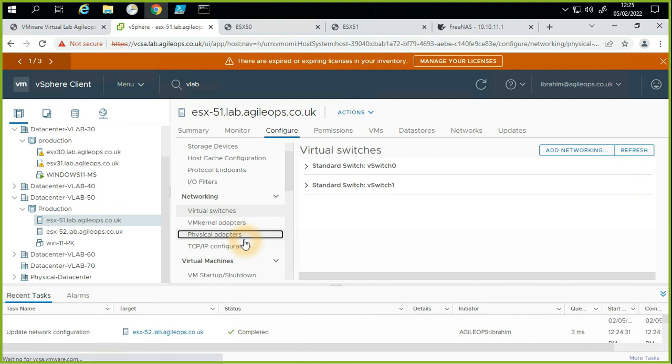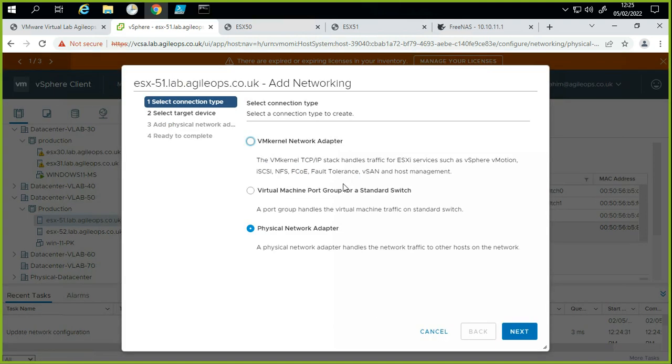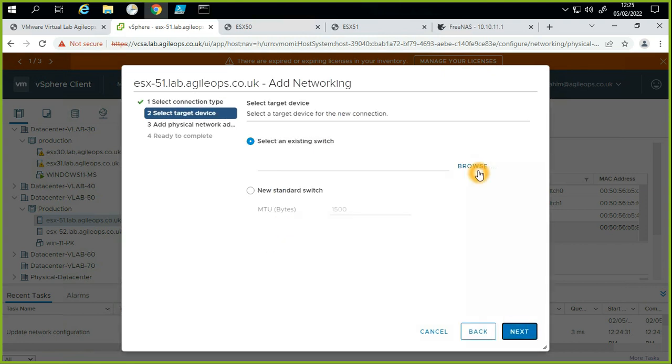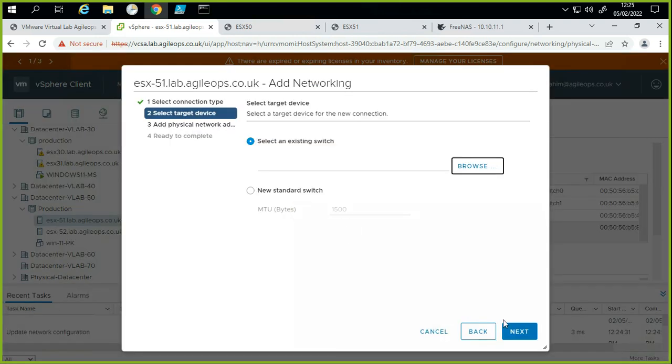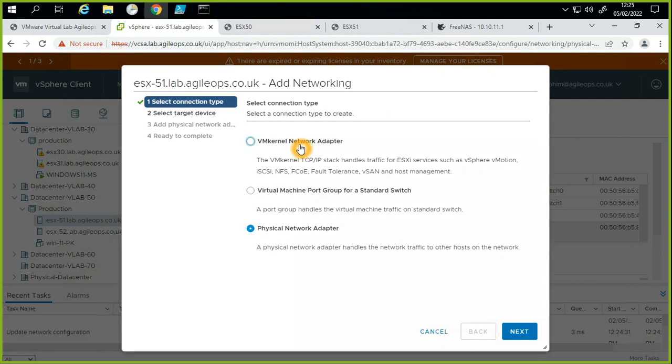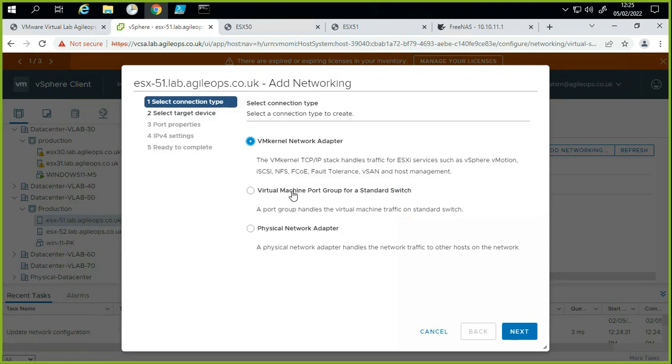Now notice when we go to physical adapters as well, there is an add network. You can do it from there, you can do it from here. We did it from there. Let's do it from here. Okay, same wizard came up, but it's already selecting physical network adapter. Then click next. Then we'll say no, this is not what we are doing. We didn't create the virtual switch first, so we will create a virtual switch first. For creating a standard virtual switch, I think we have to go back here anyway, and then add, and then we'll say